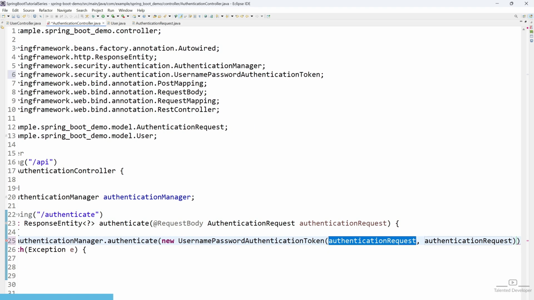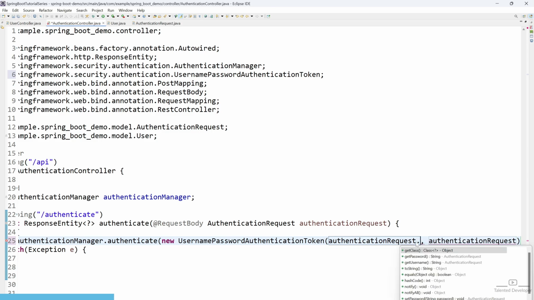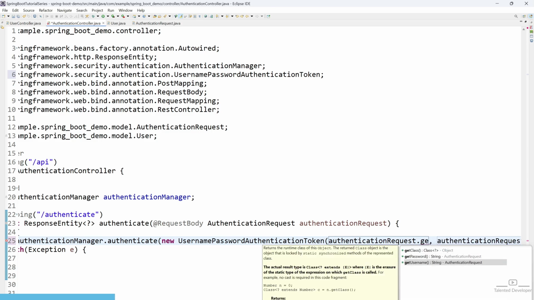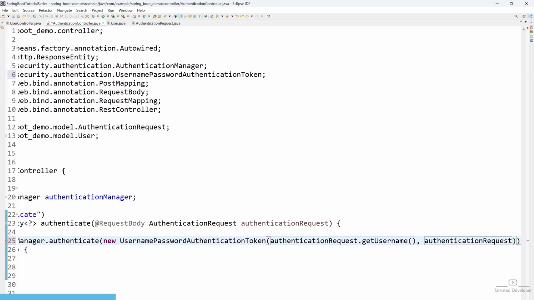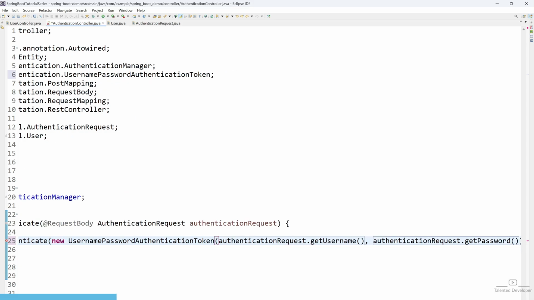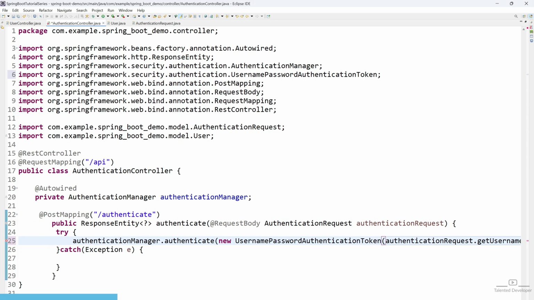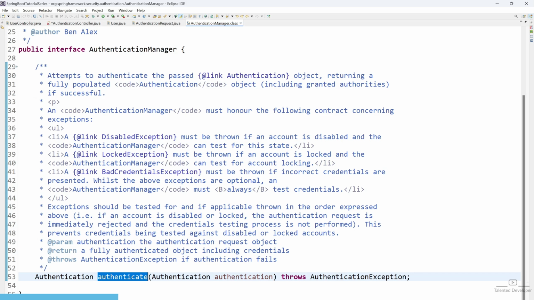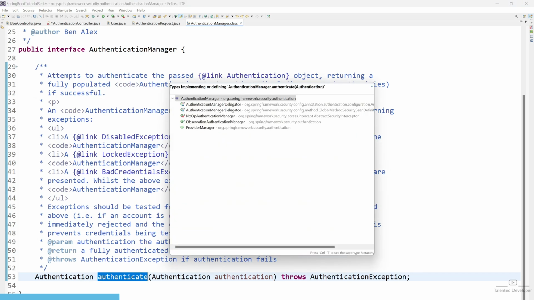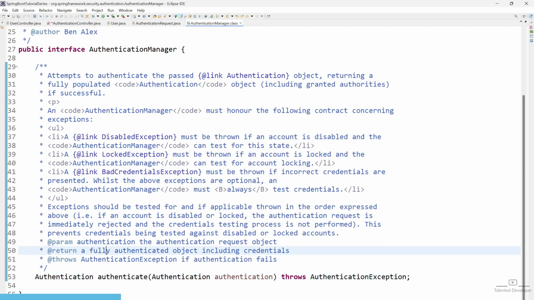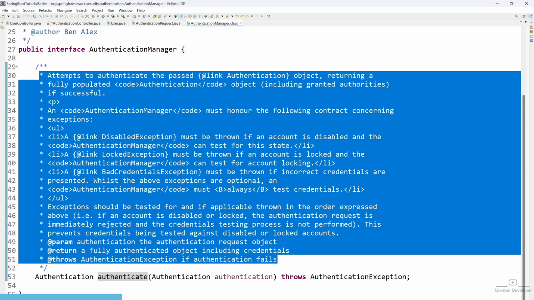So this request will contain, first of all, the username. How can we get it? Just use getUsername, and the password we can get by getPassword. If you want to know more about this function, you can open this class, and you can again go inside any of the classes, so you can understand how it is working. They have all the documentation also, so you can easily try